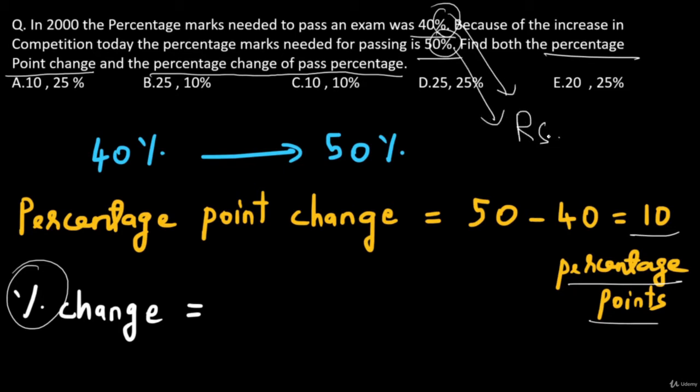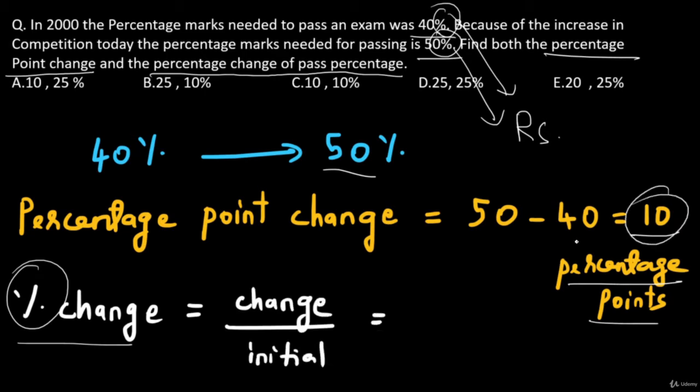You could have that the application fee was 40 rupees and that changed to 50 rupees. In that case also the rupee point change would be 50 minus 40, which is equal to 10, right? Alright, now over here you have 10% change in the percentage. So that would be change by initial value. And remember over here the change is 10 percentage points. So that's 10 over here